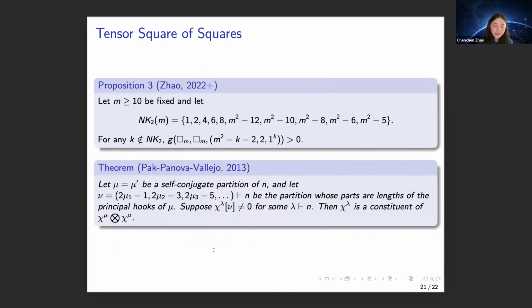And another technique we use to prove the positivity is from the theorem developed by Peck, Panova, and Vallejo in 2013. So if we have a self-conjugate partition, and we're considering the principal hooks of this partition. So the principal hooks are just the partition generated by the hooks of the partition. So, maybe I can draw a diagram. So for instance,